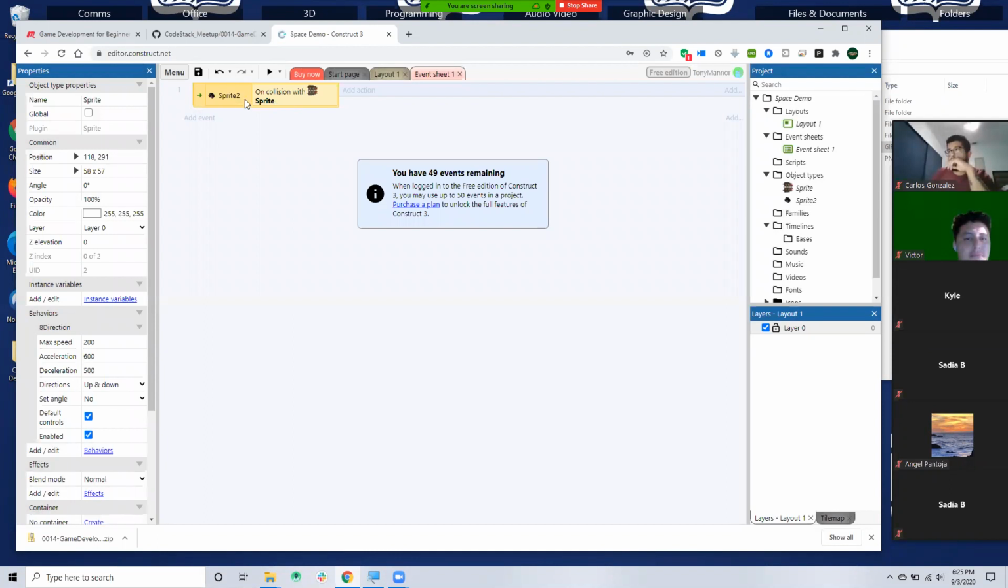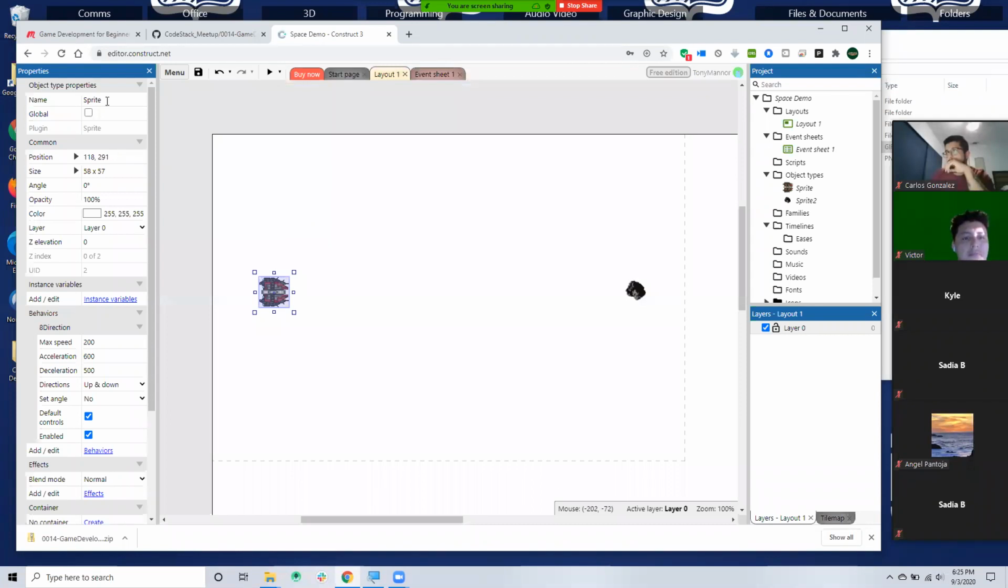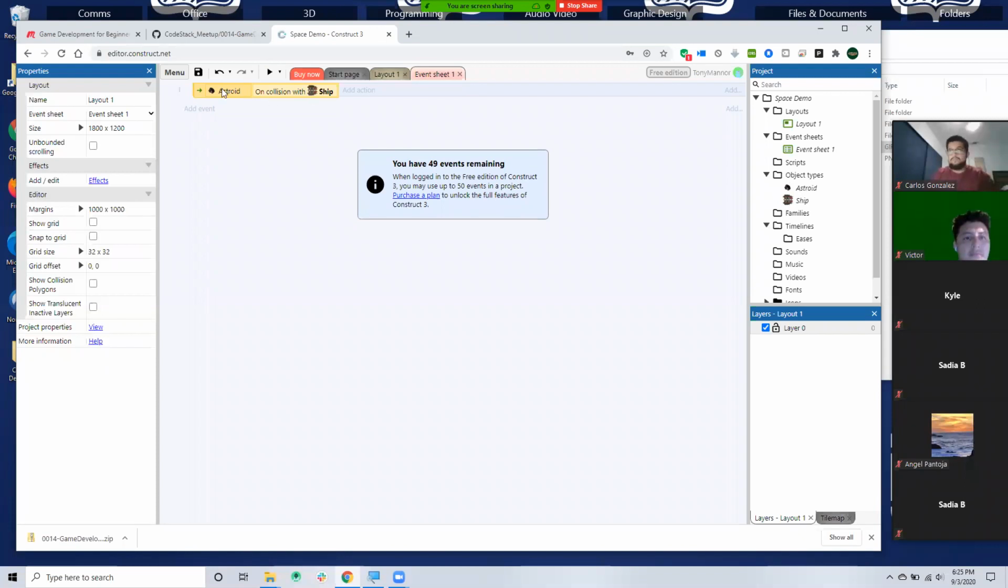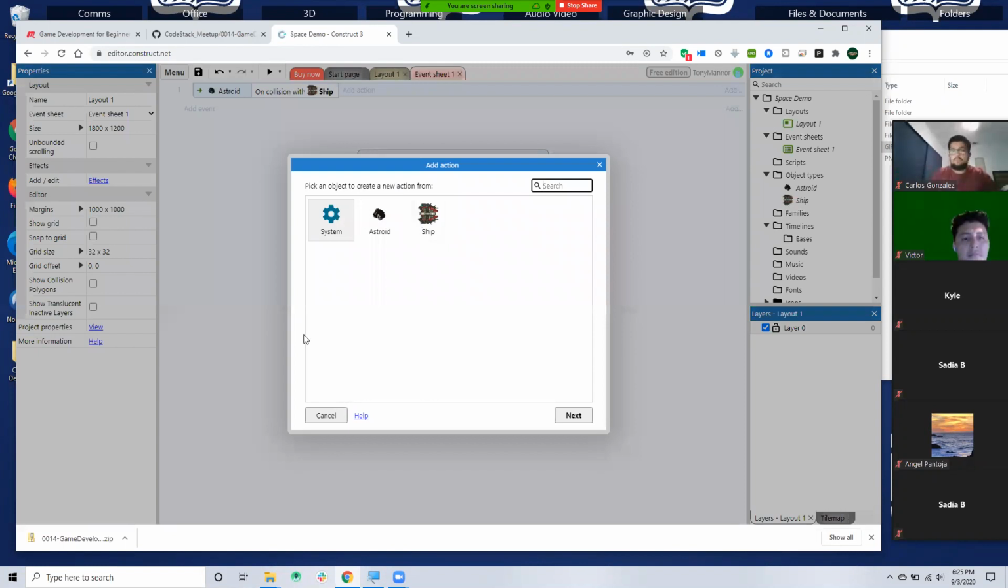So now we have set an instance. As soon as this sprite, the asteroid, and really I should name these. If we want to go back to layout, just to make it easier, our ship, we'll name them ship. Our asteroid, we'll name them asteroid. In the event sheet, asteroids on collision with ship, we want